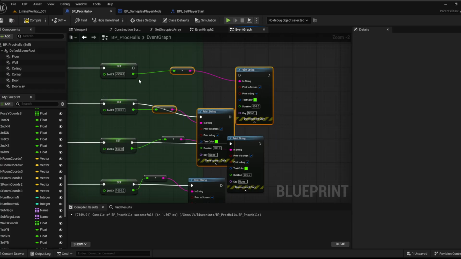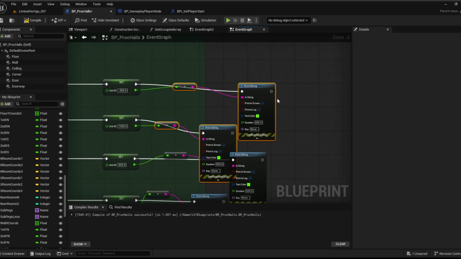Is it even matching? Whatever is picked, is it matching the